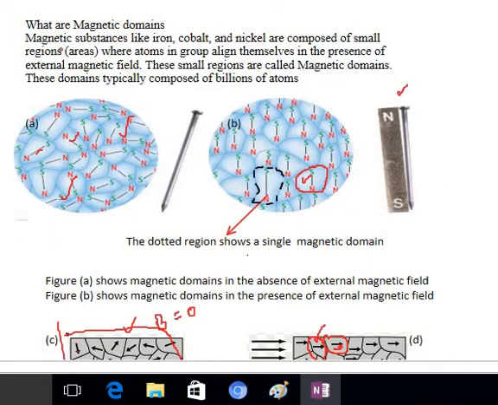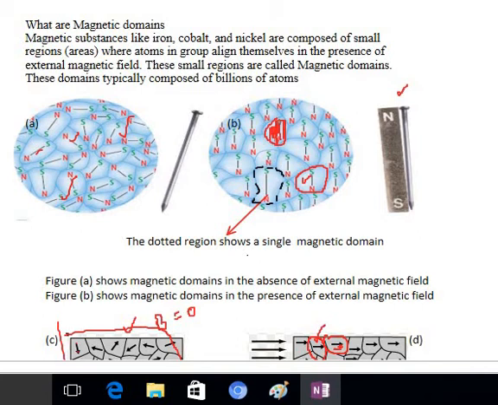Here we have defined magnetic domains. Magnetic substances like iron, cobalt, and nickel are composed of small regions, which we sometimes call areas, where groups of atoms align themselves in the presence of an external magnetic field, and these small regions are called magnetic domains. These domains are typically composed of billions of atoms. As I told you, each domain has a large number of atoms, billions of atoms, and we know that each atom in these domains has